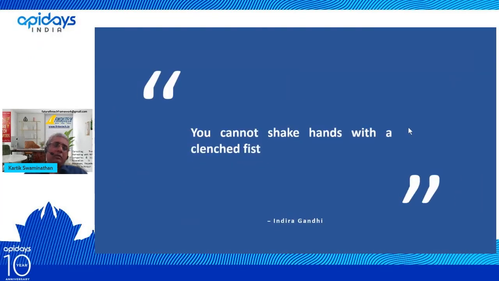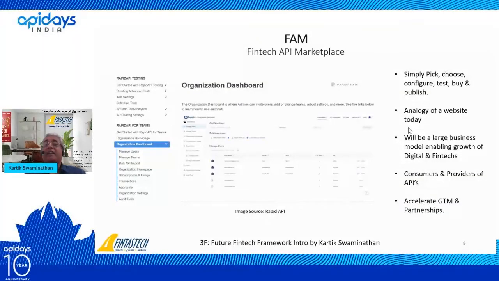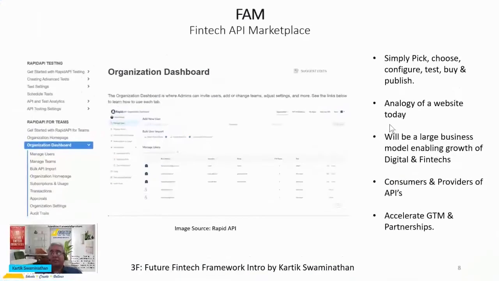Now, this brings me to a third issue, which is famously highlighted by Indira Gandhi, who said that you cannot shake hands with a clenched fist. You need to open your fist. You need to open up. Correct. And when I say open, this brings me to the third part of my framework, which is called Fintech API Marketplace. Unless you create an open API marketplace, I think the